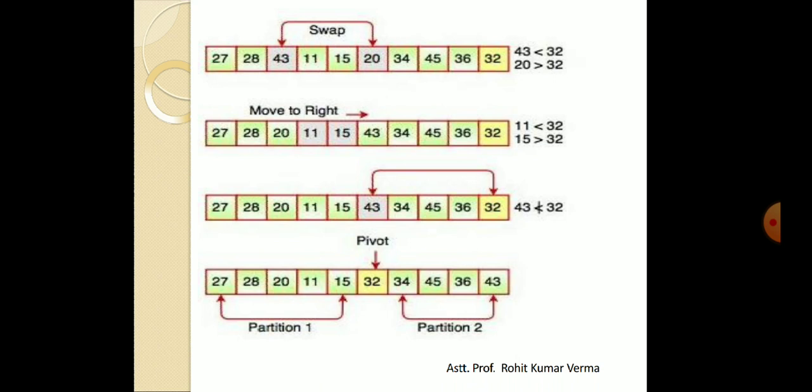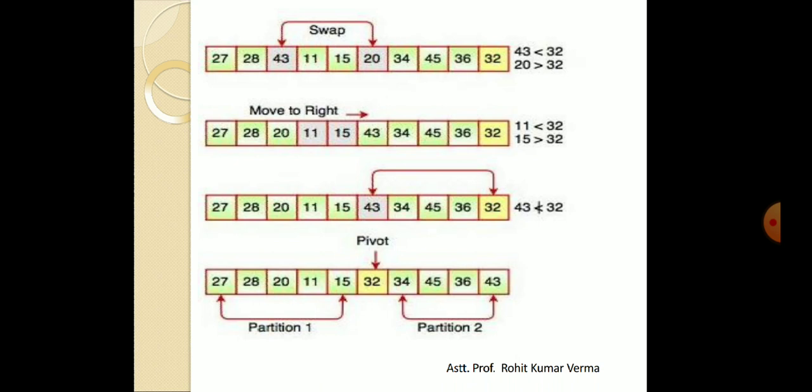Now dear students, you can see all the elements to the left of the pivot point are less than the pivot element, and all the elements to the right of the pivot element are greater than the pivot element. So dear students, here we are performing sorting with the help of 32. Here we are getting a sorted list. Now a similar pattern is followed to sort the rest of the list, where first of all we have to consider another pivot point, sort the list, and finally we get our sorted array.